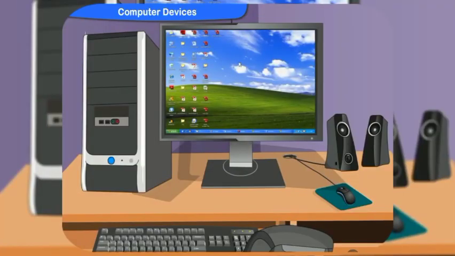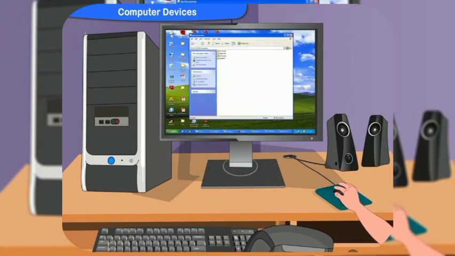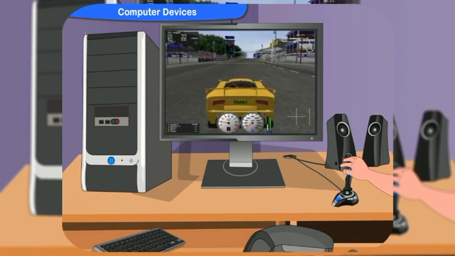Similarly, the mouse is also an input device, as by pressing the button on the mouse or by moving it, we command the cursor on the screen to move where we want. We use the mouse to open or close files or navigate websites. What about the joystick? The joystick is also an input device. By pressing the buttons on the joystick or by moving it, we command the objects on the screen to move or react while playing video games.